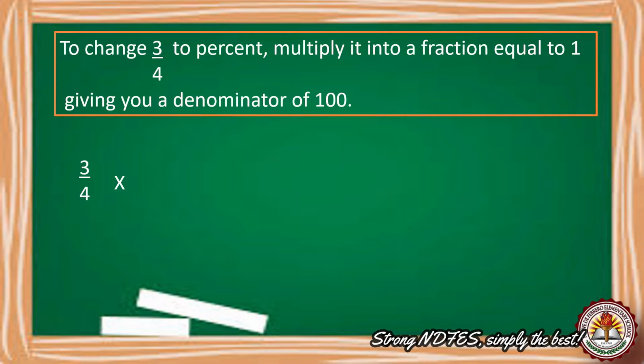But children, we have to arrive at a denominator of 100. And the appropriate fraction that can be multiplied to 3/4 is 25 over 25. Now, let us multiply. 3 times 25 and 4 times 25 equals